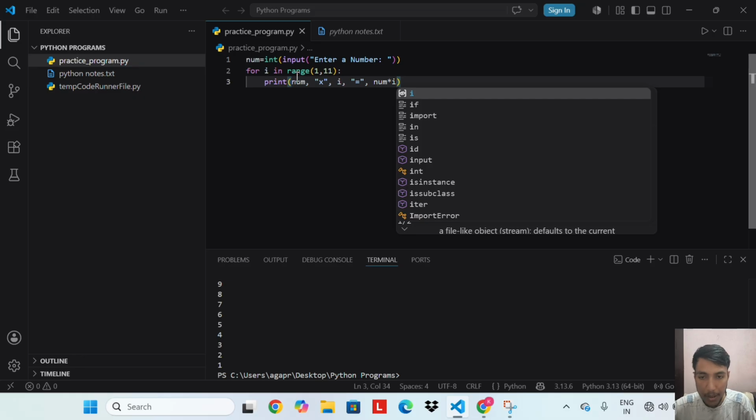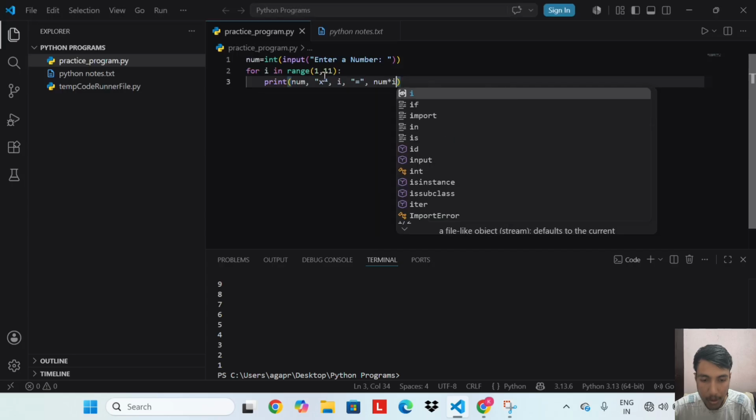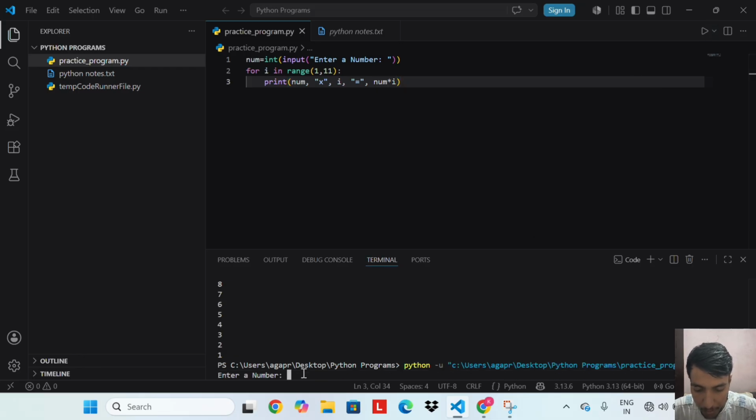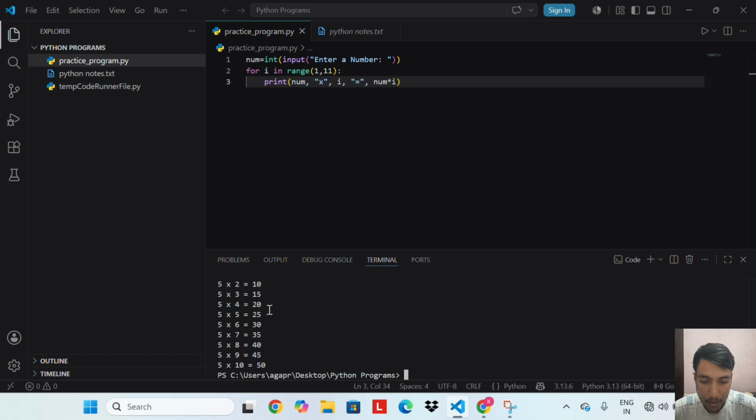We take a number as input. Then we loop from 1 to 10 using range(1, 11). In each round, we print the multiplication num into i equal to the result. If I enter 5, the output will be 5 into 1 equal to 5, 5 into 2 equal to 10, 5 into 3, all the way up to 5 into 10 equal to 50.